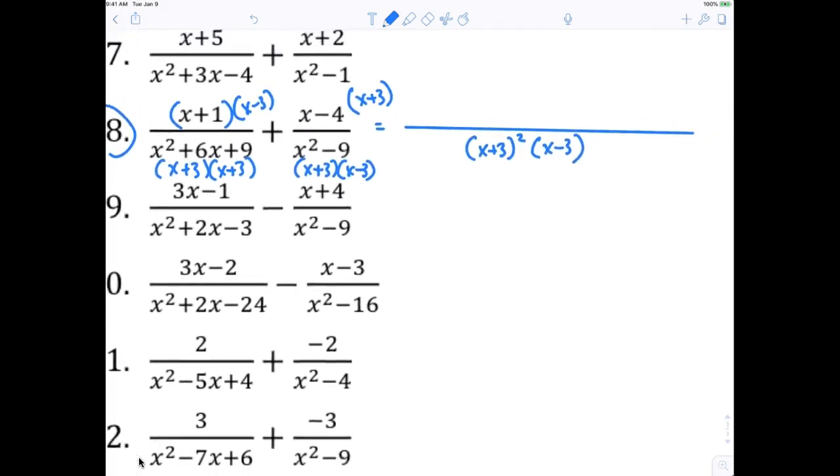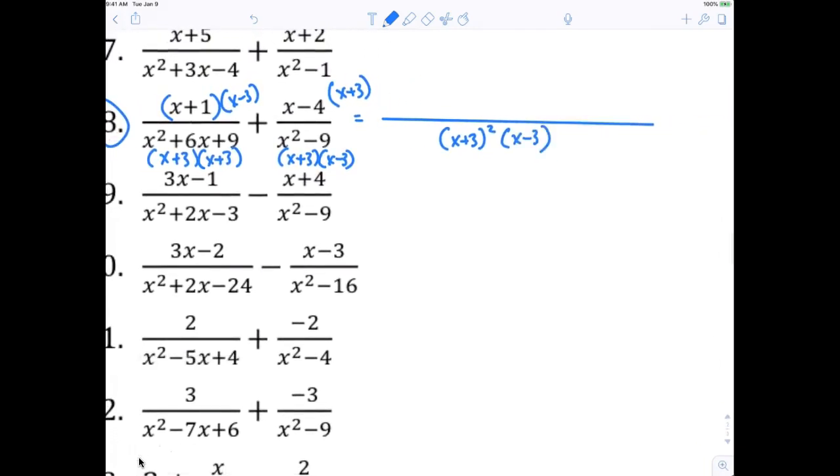All right, so now, mental math. X plus 1 times x minus 3. X squared minus 2x minus 3. And then